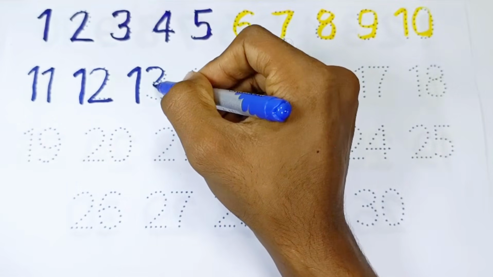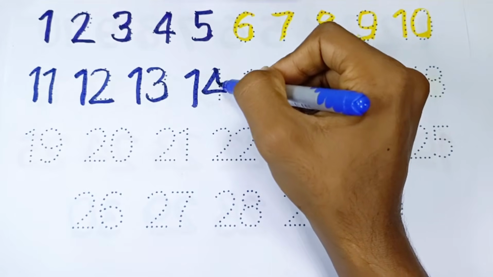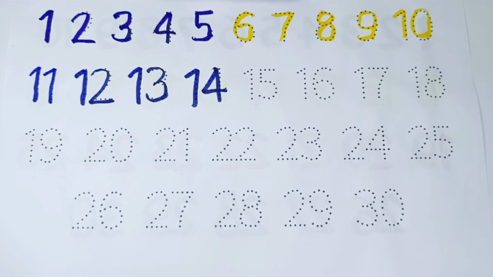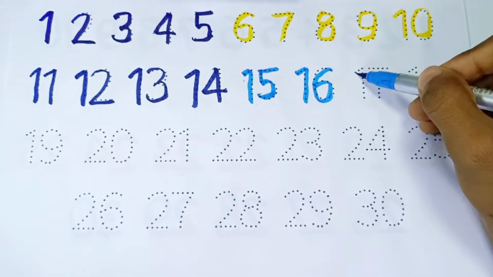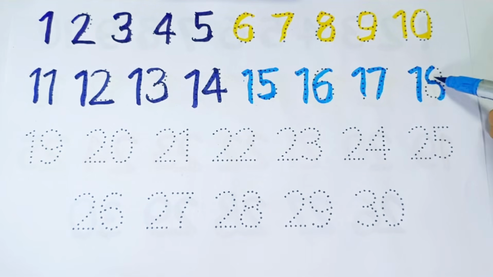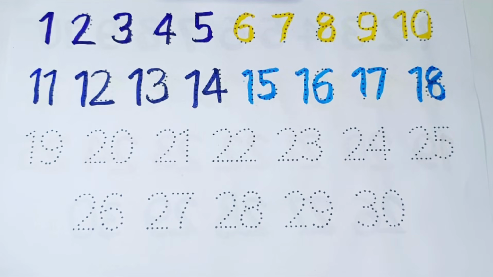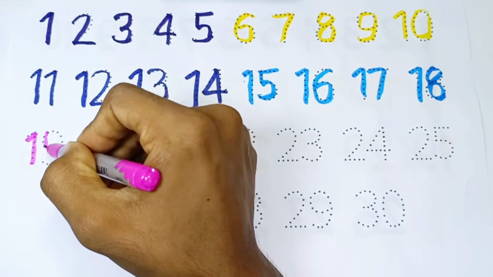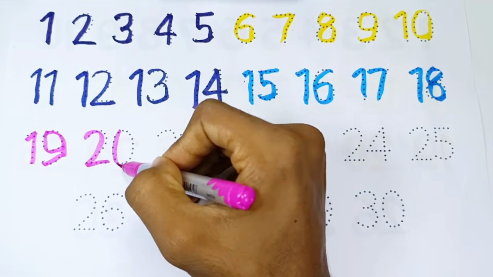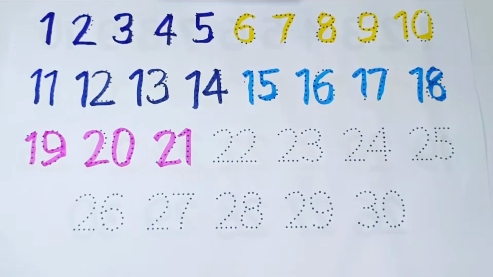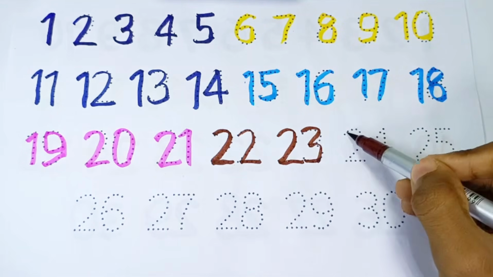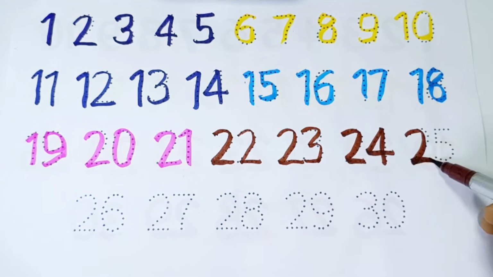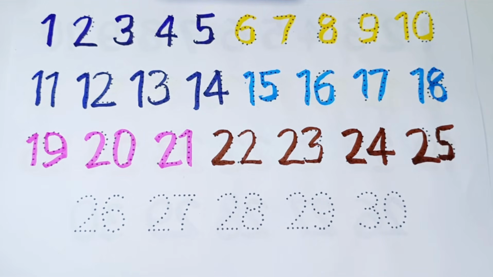12, 13, 14. Okay, so now you draw 15, 16, 17, 18. Okay, so now you draw 19, 20, 21. Now you draw 22, 23, 24, 25. Now you draw 26,